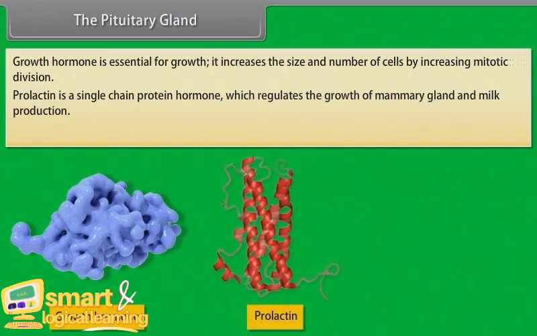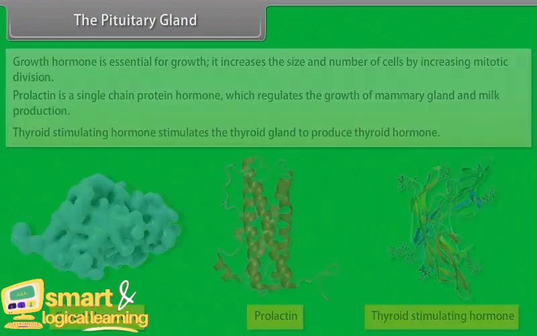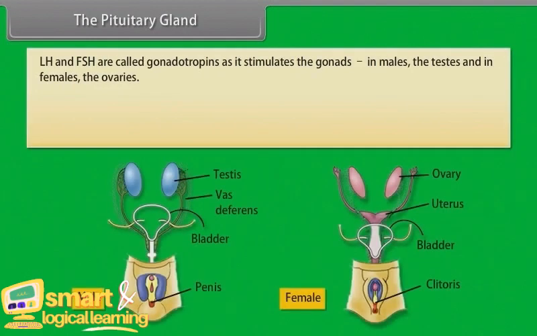Prolactin is a single-chain protein hormone which regulates the growth of mammary glands and milk production. Thyroid-stimulating hormone stimulates the thyroid gland to produce thyroid hormone. The principal function of adrenocorticotropic hormone is to stimulate the cortex of the adrenal glands to release a group of steroid hormones called glucocorticoids. LH and FSH are called gonadotropins as they stimulate the gonads, in males the testes and